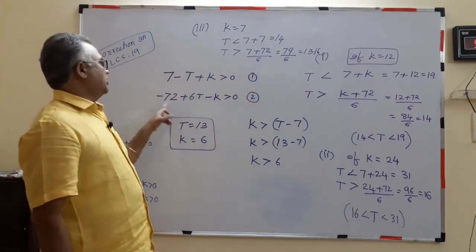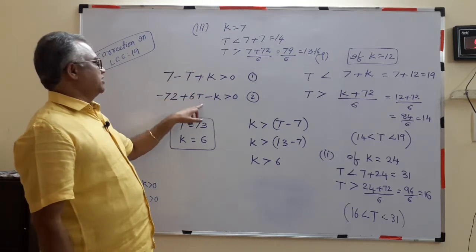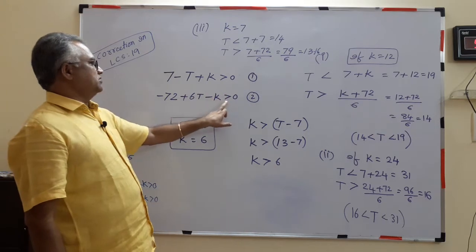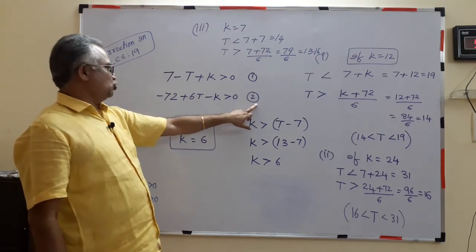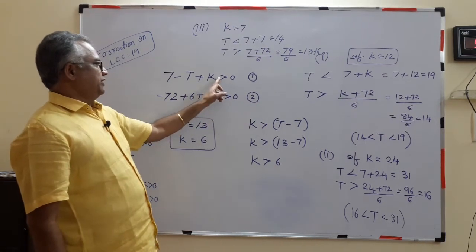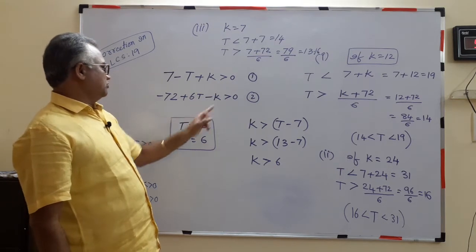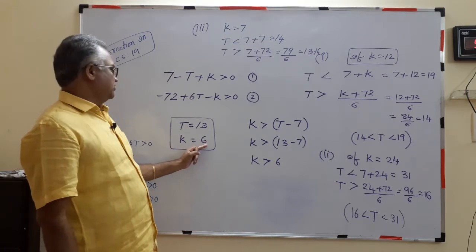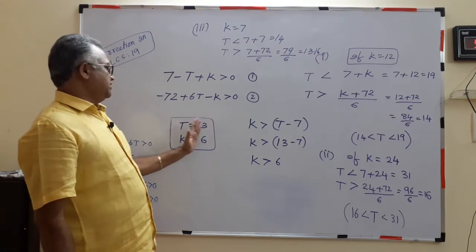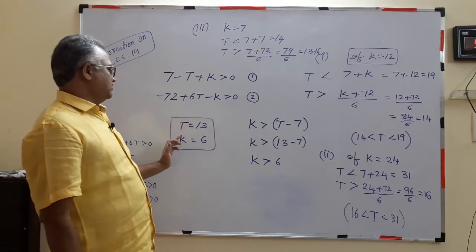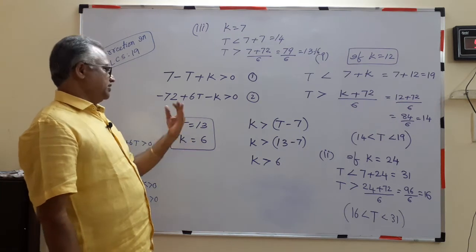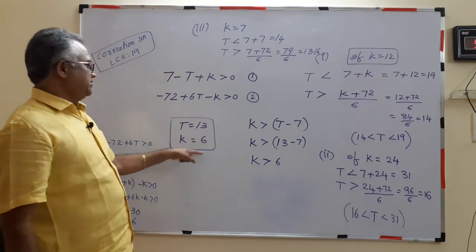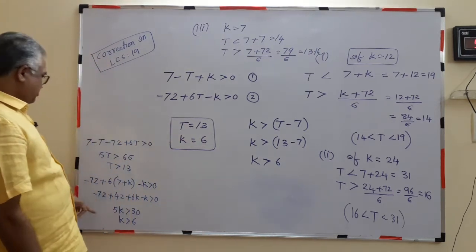Look at this. In the RH criteria, these are the conditions we got. This is greater than 0, equation 1. This is greater than 0, equation 2. If it is equal to 0, you are getting t equal to 13, k equal to 6. Now both greater than this, or both less than this, or one is greater than 6 and the other is less than 13, that is the confusion. So that is eliminated by this. Just look here.